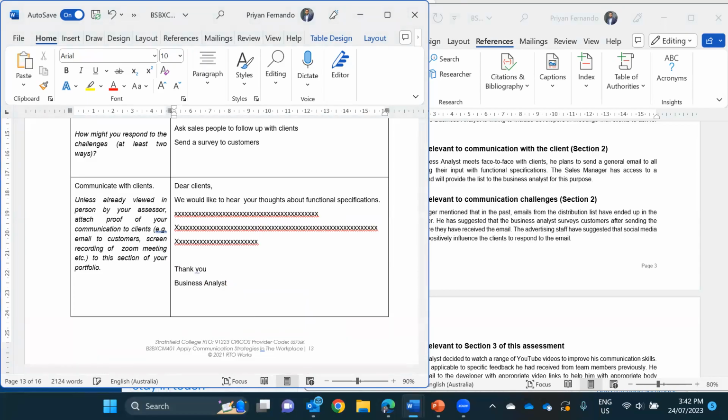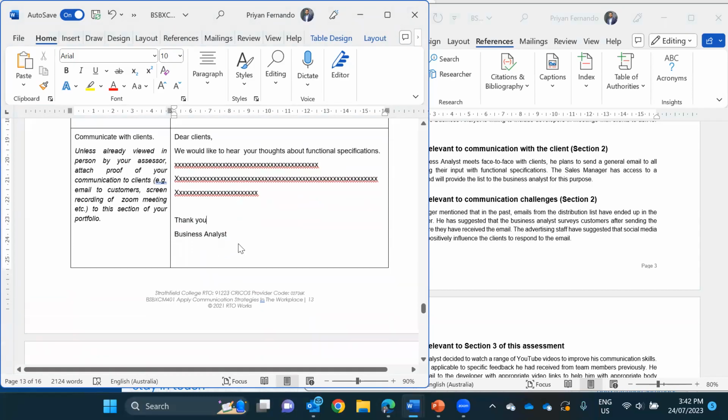Right, so that's the email. This is the easy part. Unless you are with the person, you can just provide the proof that you've communicated with the clients. Okay, so that's that. And the next part,